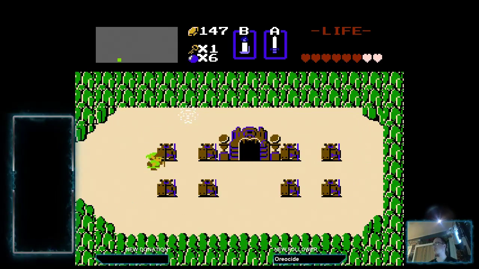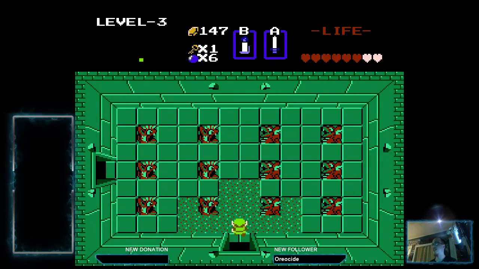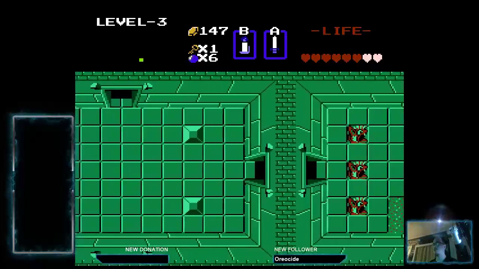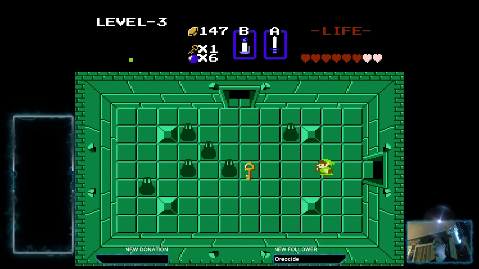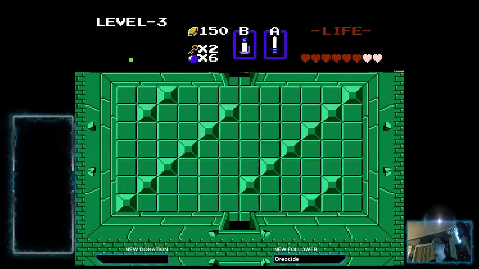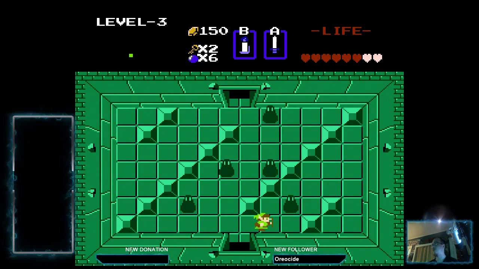Okay, so now we're here at dungeon number 3. And this one gets a little bit more trickier in this play session. Because we have to deal with the bane of anybody's existence, or the first bane of anybody's existence in this game, and that's, of course, the Darknuts. And Darknuts, you have to attack them with your sword, but you kind of have to cheese your way when you're fighting against them, and I'm sorry if you're actually hearing the vacuum, but don't let that bother you with the stream and whatnot, but